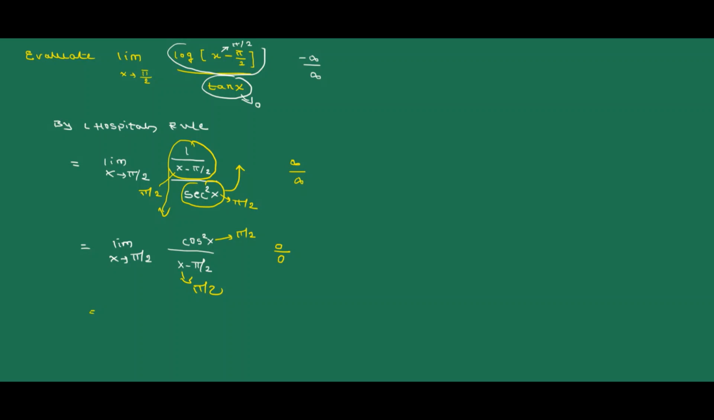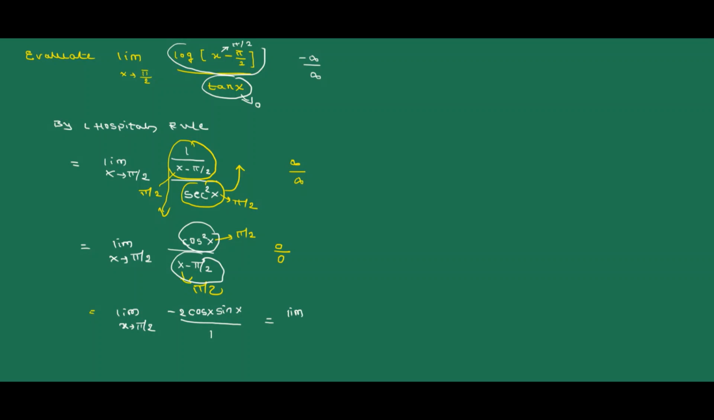Then by using L'Hospital's rule, limit x tends to pi by 2. What is differentiation of this cos square x? Differentiation of cos square x is 2 cos x into differentiation of cos x is minus sin x divided by, what is differentiation of x minus pi by 2? Differentiation of x minus pi by 2 is 1 because pi by 2 is constant, and this is equal to